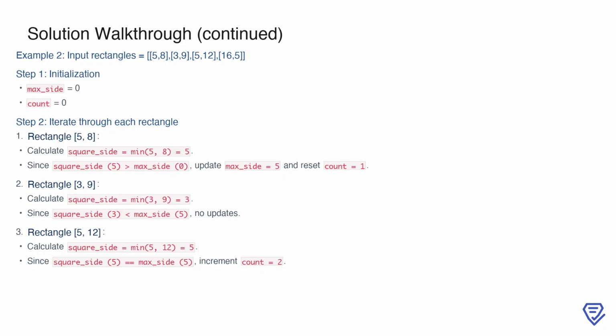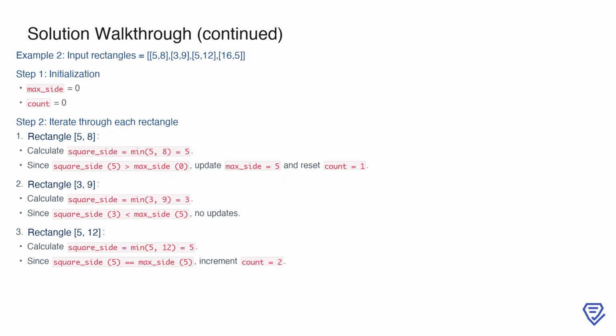Moving on to the second rectangle, 3, 9, we calculate the square side length as min(3, 9) equals 3. This value, 3, is less than the current max_side of 5, so we make no updates and continue. For the third rectangle, 5, 12, the square side length is min(5, 12) equals 5. This matches the current max_side of 5, so we increment count to 2, as we now have another rectangle forming